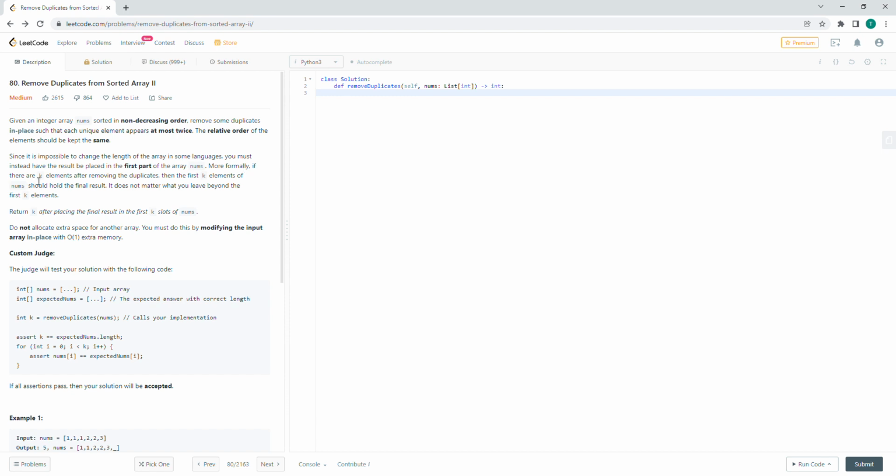More formally, if there are k elements after removing the duplicates, then the first k elements of nums should hold the final results. It does not matter what you leave beyond the first k elements. Return k after placing the final results in the first k slots of nums. Do not allocate extra space for another array. You must do this by modifying the input array in place with